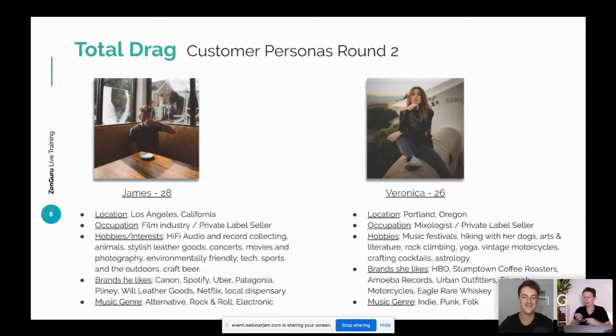Brands that she likes are HBO, Stumptown Coffee Roasters, Amoeba Records, Urban Outfitters, Triumph Motorcycles, and Eagle Rare Whiskey. Her music genres are indie, punk, folk. So this is just giving us, again, a picture of the brands, hobbies, or interests